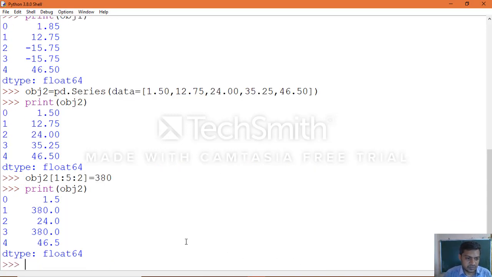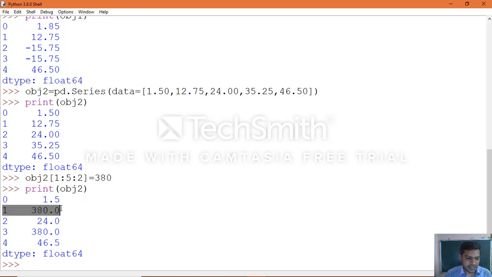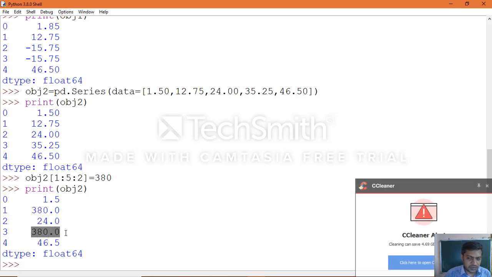Let's see. So this is the object for which we applied the slice to assign the value. We start with the start value, that is the position where the index value is changed, and with step 2, the alternate number 2 will not be updated, 3 will be updated again. And again step 2 increments goes beyond the index.